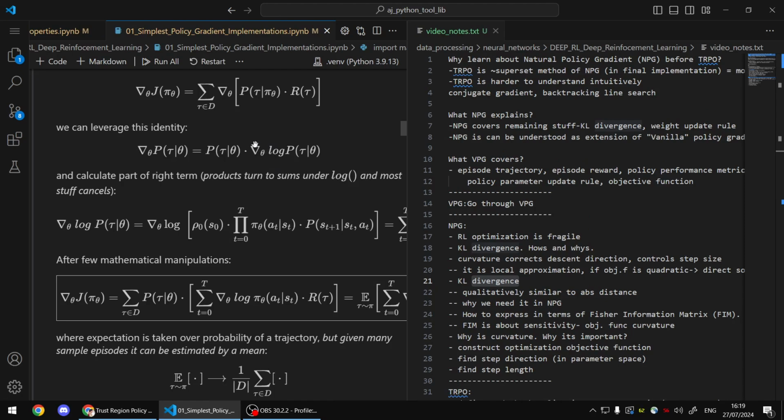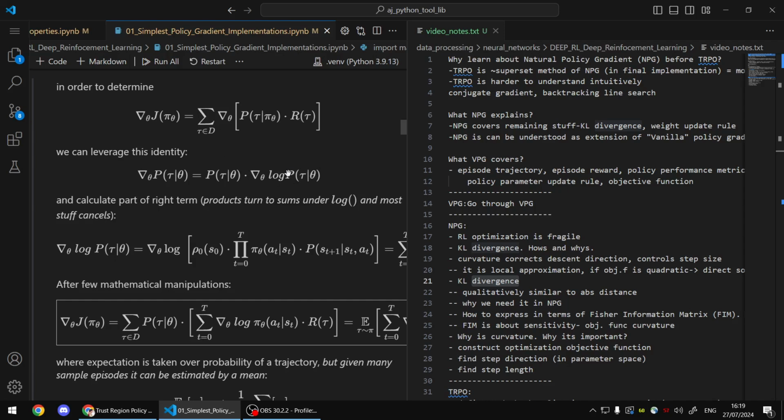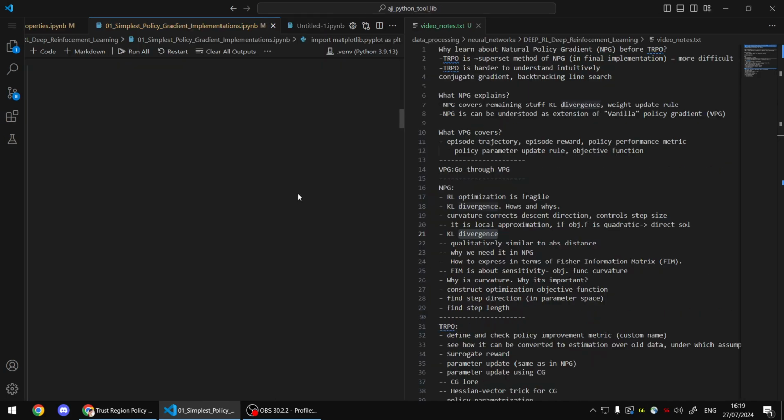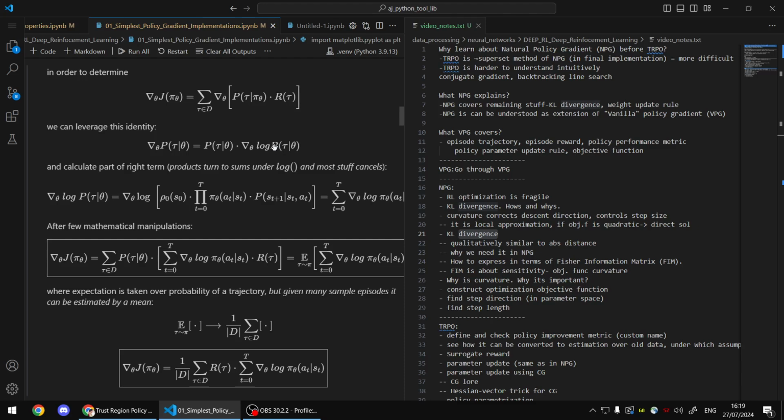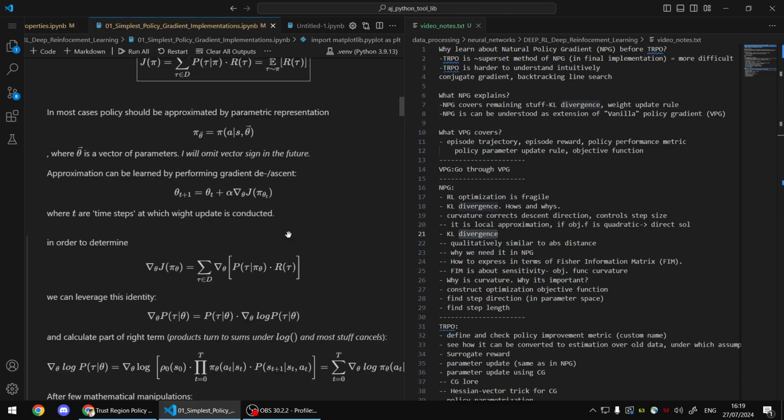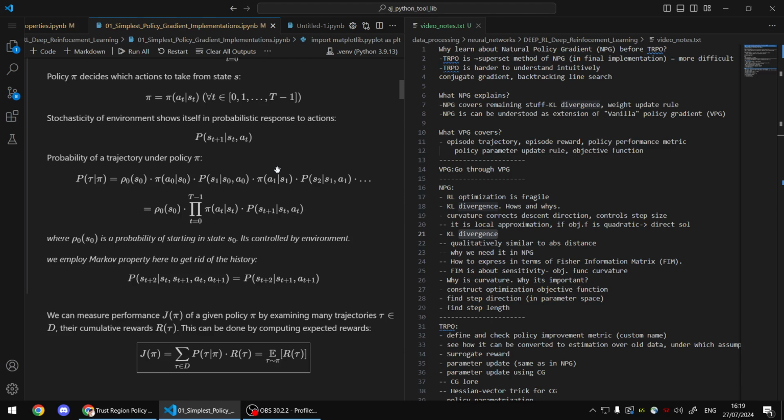Basically, when we take the gradient of the log of a function, it is 1 divided by the function times the derivative of the function, right? And we just swap terms here and get this expression. Now we see we get a log of the probability that the trajectory will occur, kind of likelihood. And we have defined this previously. We didn't talk about it, but